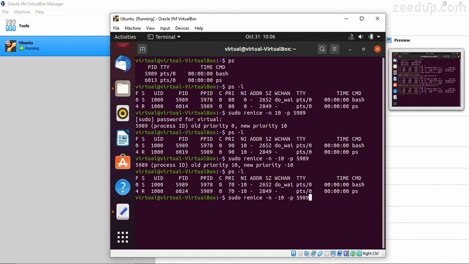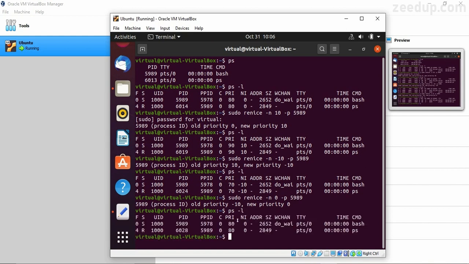If you want, you can reassign the nice value to 0, which is the default one that we had earlier. Then you can see the new priority is now assigned to 0 and PSL, now the nice value is 0 for both the processes. So that's how you can just work with the nice values. That's how you can just work with the processes in Linux. Now it is going to be holding utmost importance whenever we are working with the shell scripts. Thus it is mandatory for you to understand what you should do, how you can reassign the priorities,